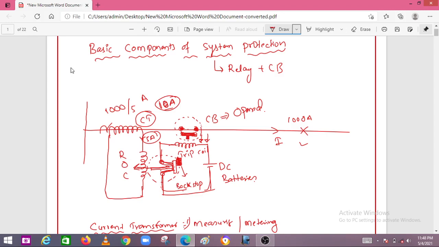So there are certain values related to the fault current, full load current, minimum current. Actually you know this one, but anyway I would like to express once again. For example, if the full load current flowing through the transmission line is 1000 amperes, because I have used this as a 1000 by 5 ampere CT, this is called the full load current, 1000 amperes. Then what will be your overload current? Overload current will be 20% of full load current. So what will be your overload current? Around 1200 ampere is the overload current which can be sustained.